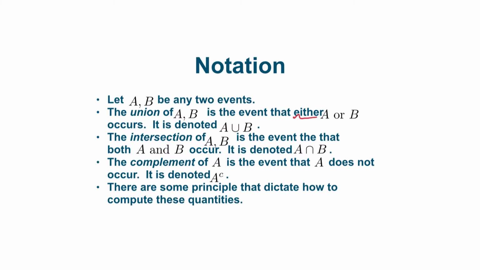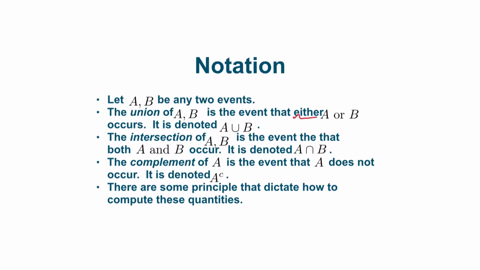The union says I'm going to put A and B together, meaning I can either be in A or I can have B. So or means I've expanded my possibilities, hence a union. We use this upward-facing U to denote this. Just to write it again, A union B